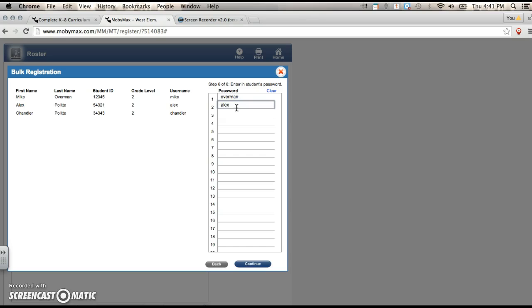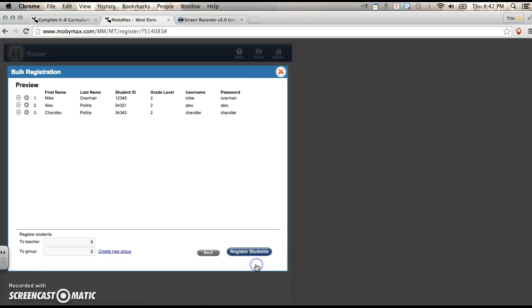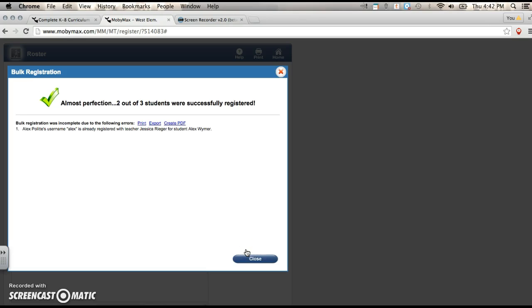You could do the ASDF, you could use first name, last name as their username, and lunch pin as their password. Whatever you prefer. I would recommend that you set that up how you want it so that if some kid forgets his password, you know that, hey, your username is your first name, your password is your last name. So that's kind of easy to deal with, and you can get right into it. So then I have created all of this, and then I will actually register the students. So then they are registered,